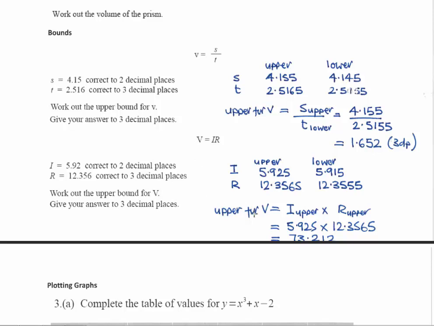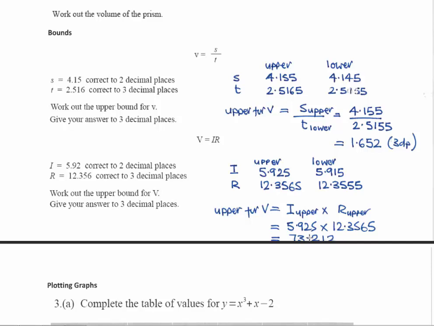So it's important you understand why we're choosing the upper or the lower. It depends on the calculation we're doing with the numbers. The biggest number we can make V would be for both of these numbers to be as big as possible. So I've chosen these two numbers, I've multiplied them together, and this is the answer I get